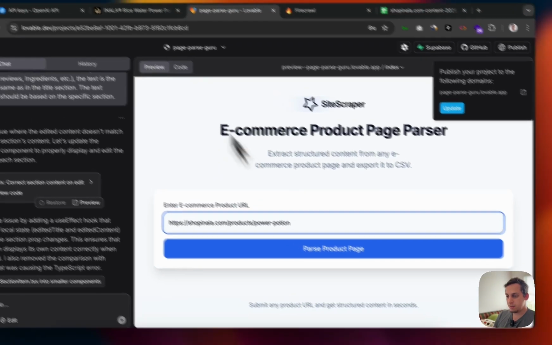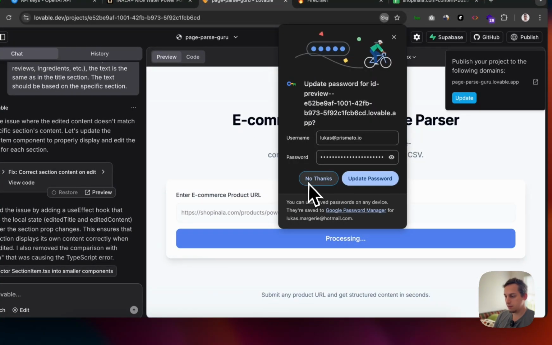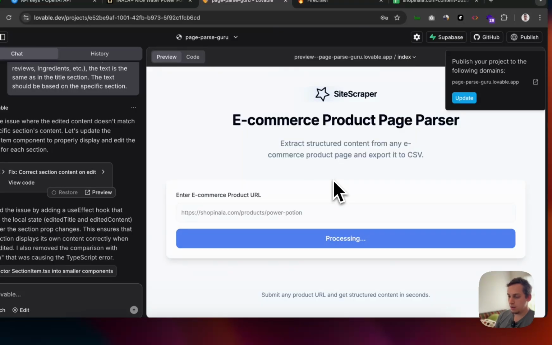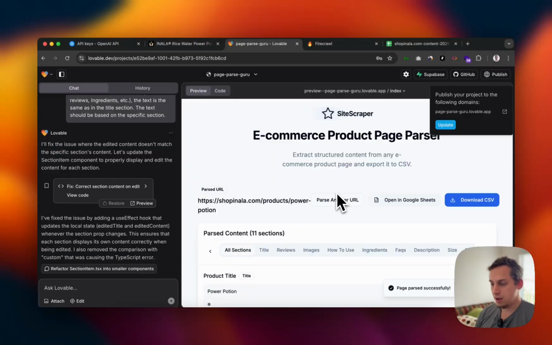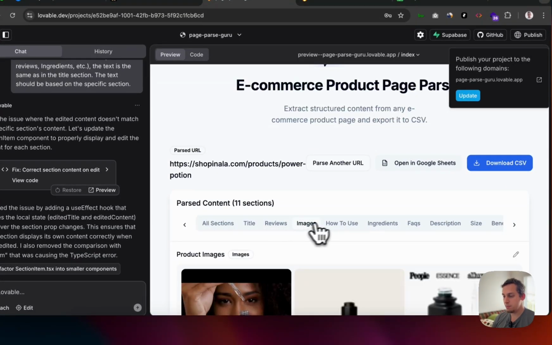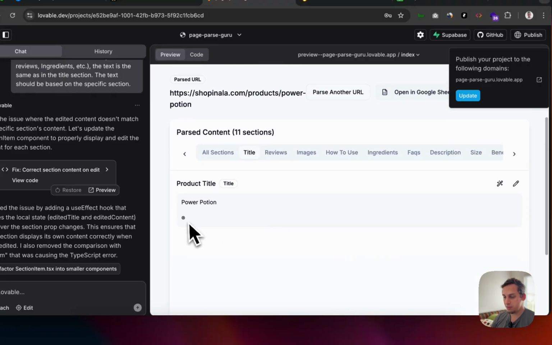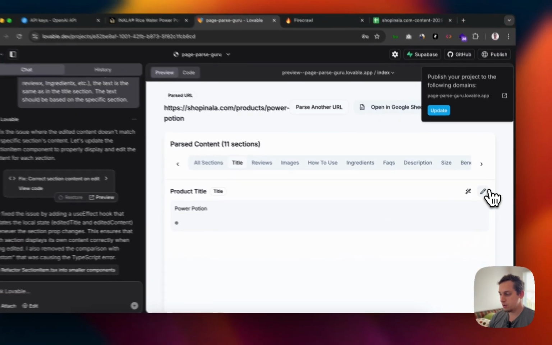And then I'm going to add this link from this website, parse product page. It's going to parse, and let's wait for it to process. And then boom, we have different sections. We have the titles, we have the reviews, we have images, and more. And what I've also done is that sometimes there's a few errors when you bring this information in. So what you can do is,